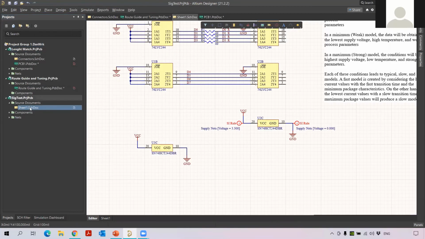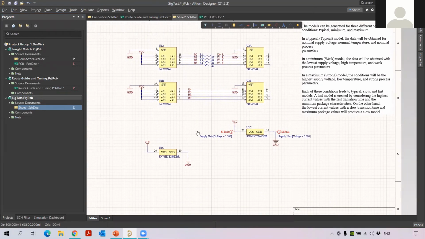So with signal integrity analysis, I'm going to find out what reflection and what crosstalk happens in my board. Okay, so I'm just going to my schematic side. You can see in this project, I don't have the PCB. I have only the schematic. So the advantage of signal integrity is you can find out the reflections from the schematic itself. You don't need to have the PCB. You can do the signal integrity from the schematic itself. Okay, that is the advantage.